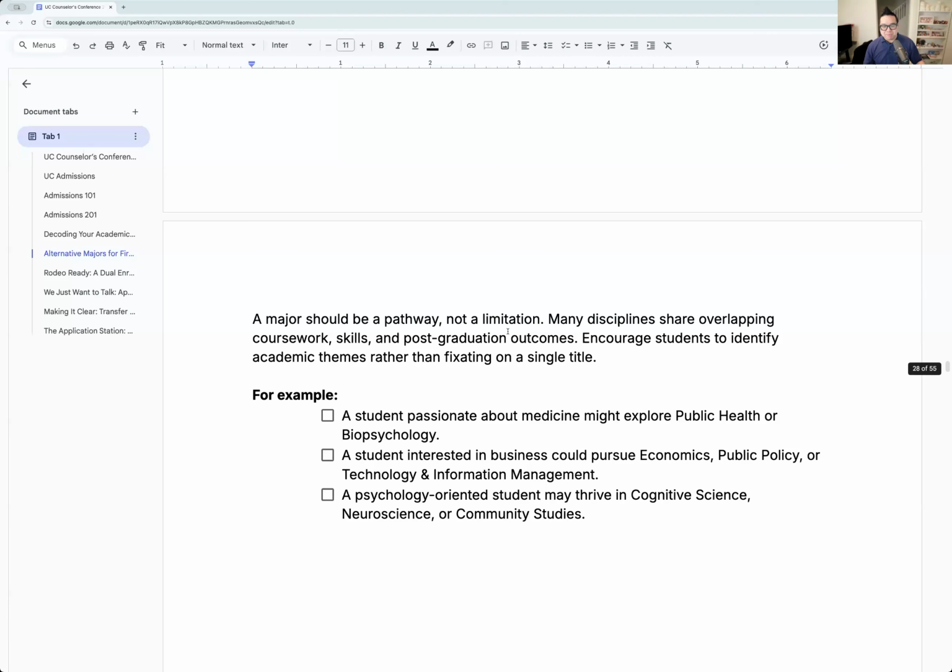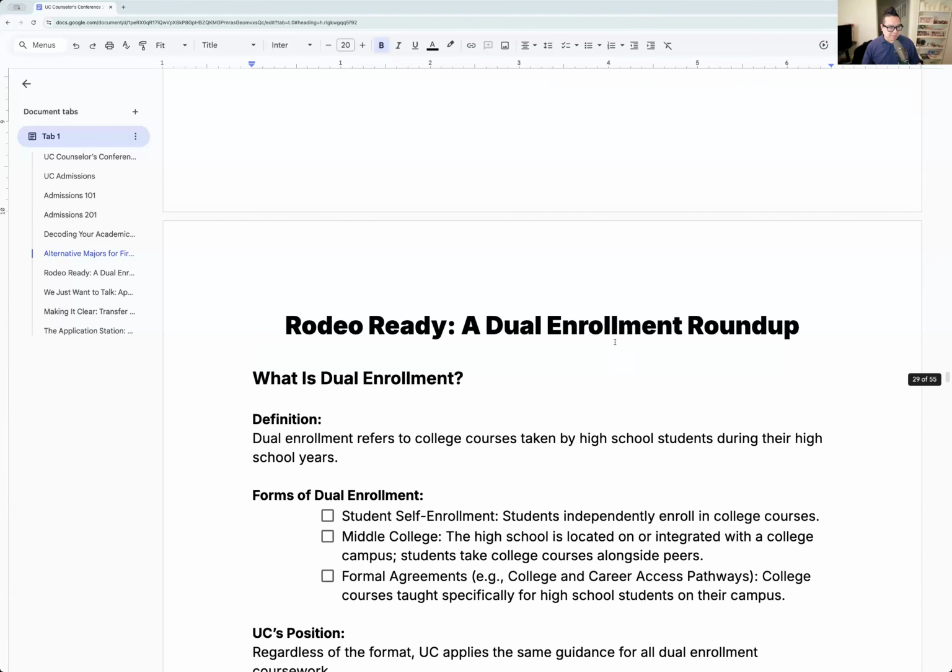Okay. The big thing here I'll share is, keep in mind your major is going to change. Your major is going to migrate and move, and your child's not locked into that field for the rest of their life. So don't feel like it has to be perfect right now. It can grow, it can evolve. So again, don't stress out so hard over here. That's the key. All right, next one, dual enrollment.